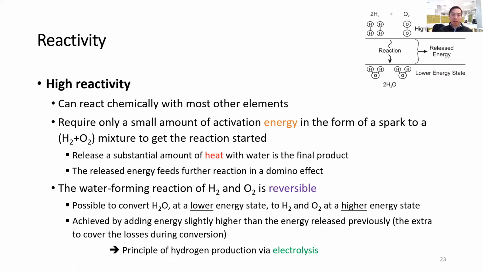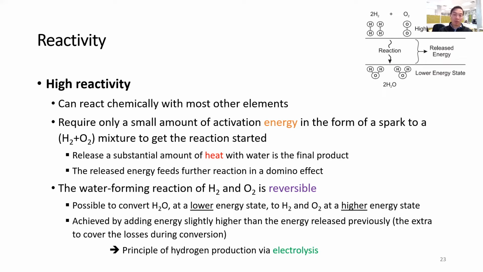So basically, this is the principle of hydrogen production via electrolysis. So you have energy coming in the form of electricity, going to the electrolyzer, which splits the water into hydrogen and oxygen. And when you need to reuse the hydrogen again, you just combine hydrogen with oxygen, and the energy released would be utilized later. And the good thing is that water is your only main product, so there's no carbon dioxide emitted during the utilization of hydrogen, and that's why hydrogen is termed a clean energy carrier.